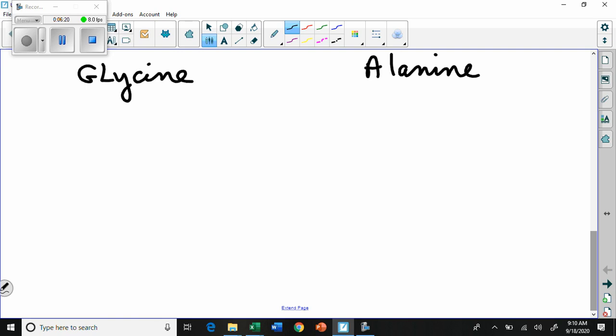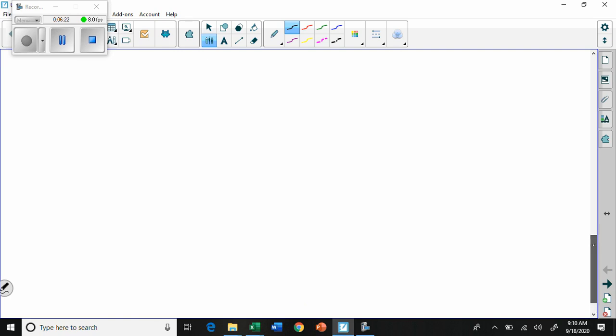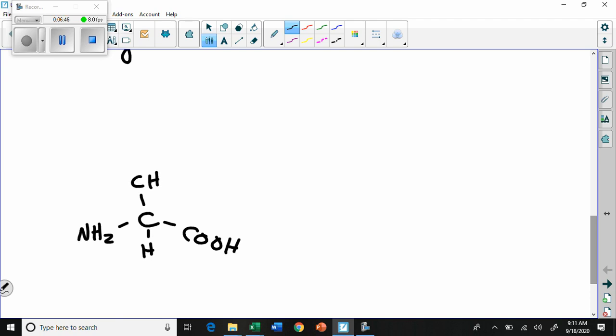We'll go down a little further, because when you draw these, leave lots of room on top, okay? So leave lots of space up on top, because the bottom part, C, H, COOH, alanine was the last one, NH2. So this particular one I'm going to draw has a CH2, and then attached to that,